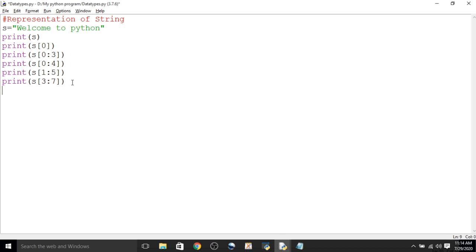Now another example. If you want to retrieve from 11 onwards, we write 11 colon and nothing for the second parameter. So it starts at 11 and goes till the end. The meaning of that slice is start with 11, and since we have not written anything, it goes till the end of the string.